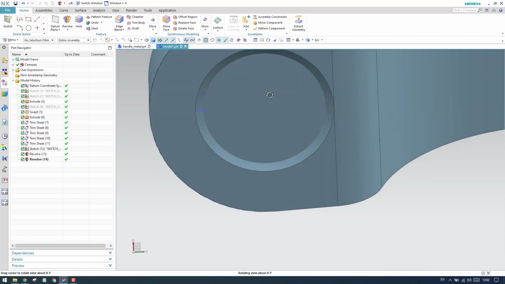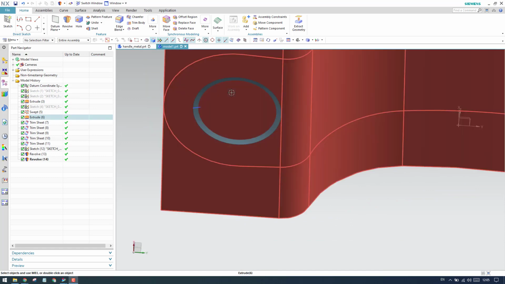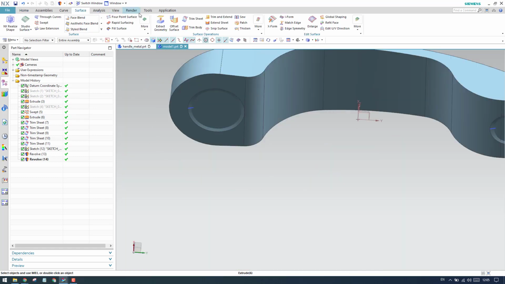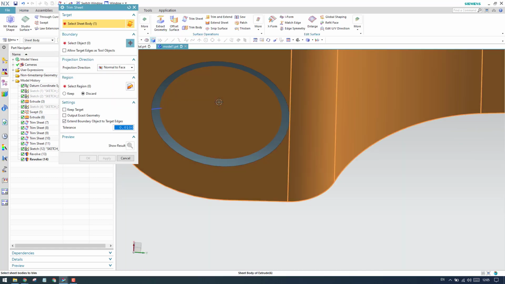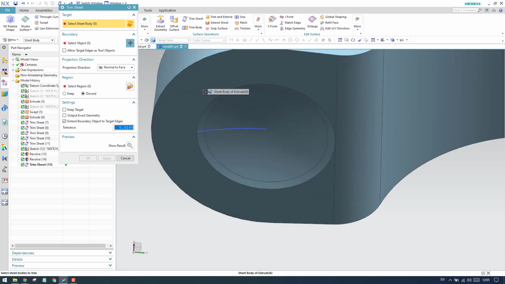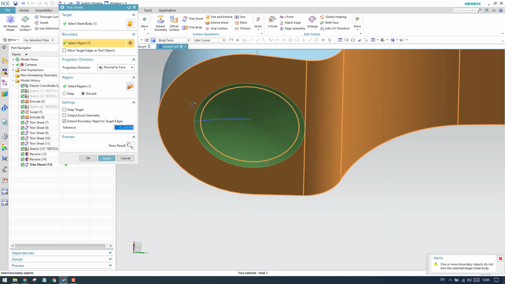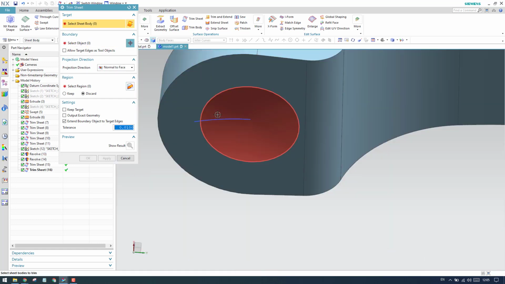So now as you can see here, we have this shape here. Now I will just trim these sheets. I'll go to trim sheet, and this sheet I wanted to trim, and this is my boundary. Click apply. In the same way I'm going to trim this sheet using this sheet. Click apply.